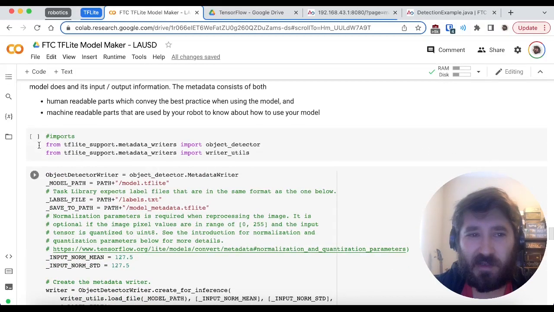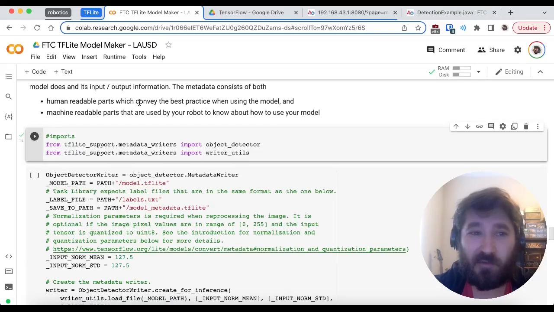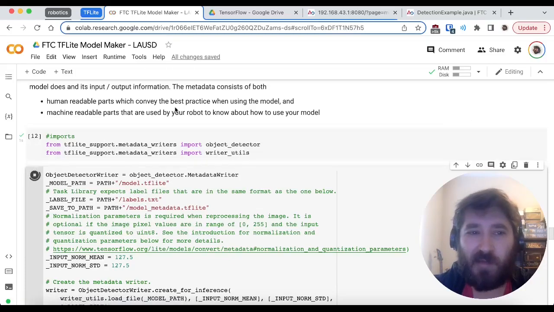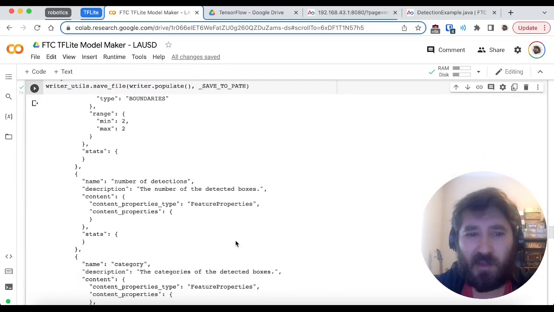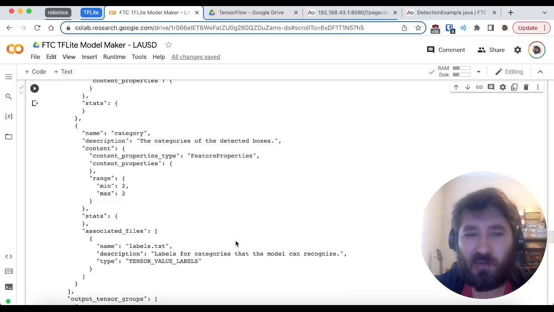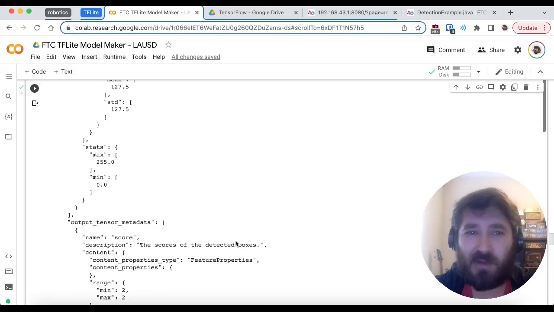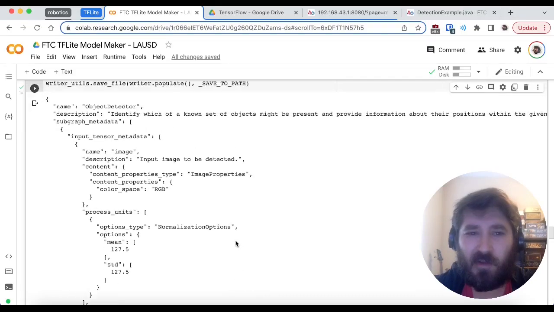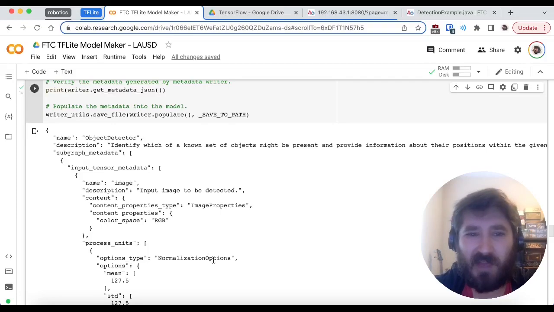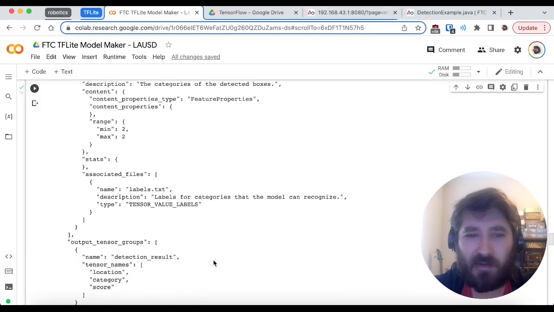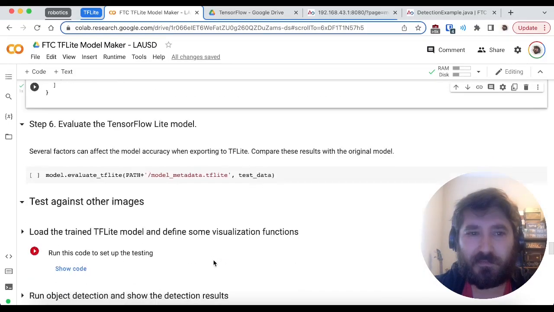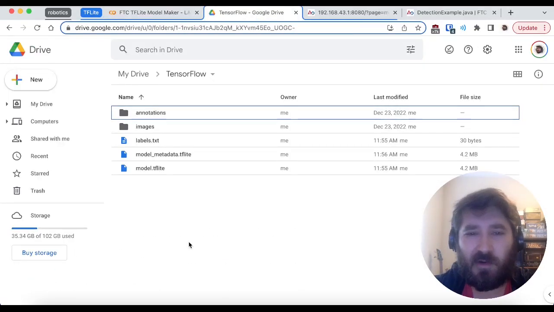So to do this, we'll need to click on two different sections of code. One will import some more pieces of software that will allow us to write that metadata to our file. And the next part of code will actually write the proper metadata to that TF Lite model file. You'll note that in your output for this code, it will show you that metadata and what is added on to your file. You'll note that it will have descriptions, names, and talk about the output properties of your model. You'll also see in your Google Drive that you now have a